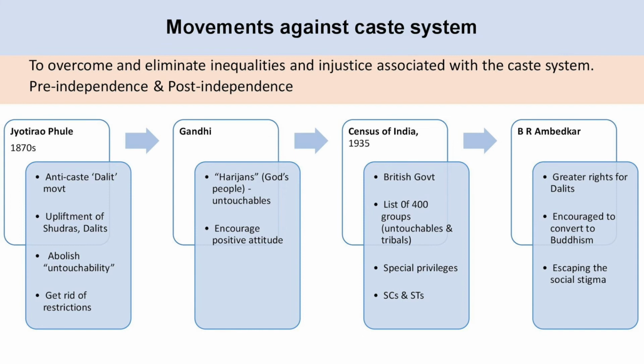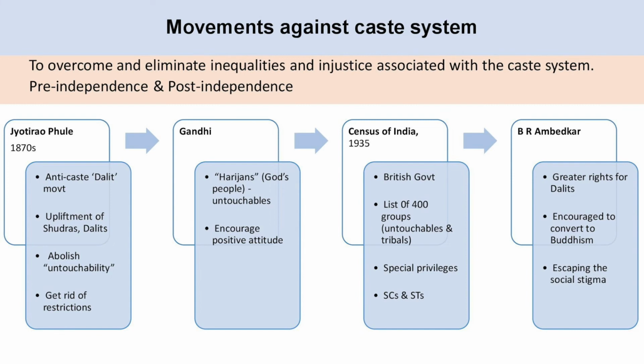During the national movement, Gandhiji began using the term Harijans, which means God's people, to refer to the untouchables, because he really wanted to encourage a positive attitude towards the lower castes. Another prominent movement was the Dalit movement under Dr. Ambedkar. He began in the 1920s and 30s, and he campaigned for greater rights for Dalits. He encouraged them to convert to Buddhism, to escape the social stigma of untouchability that they had faced under the